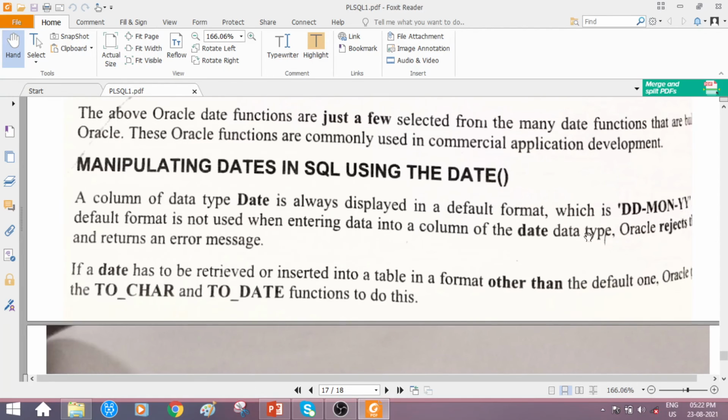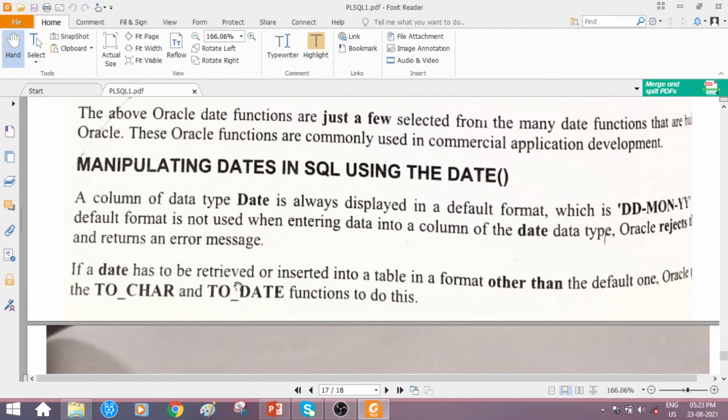The default format must also be used when entering data into a column of the date data type. Otherwise Oracle rejects it and returns an error message. So when inserting a date of birth or joining date, if we don't follow this default format, say we specify the month first, then year, then date, Oracle will reject such inputs.